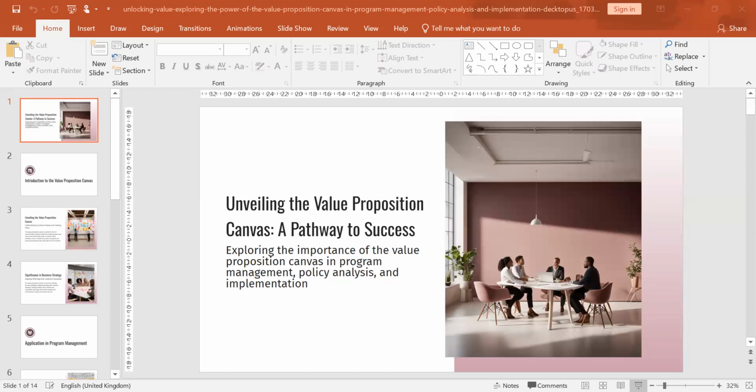So how is it applicable for program management? The value proposition canvas is a combination of needs, scope, objective, and success criteria. In the market, when there are several vendors, how does one particular product or service stand out? That is the value proposition we are talking about. In policy analysis, it is about the impact assessment. How do we have better policy for impactful outcomes? And in implementation, it is the